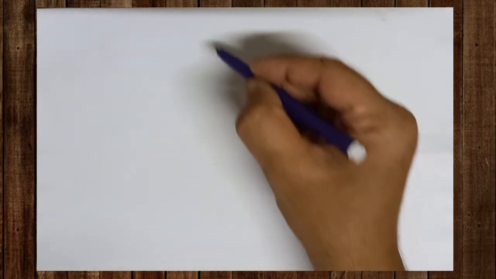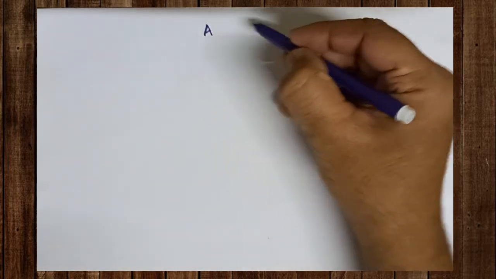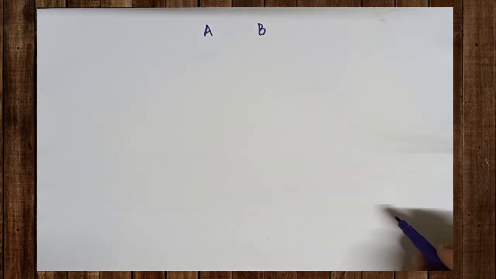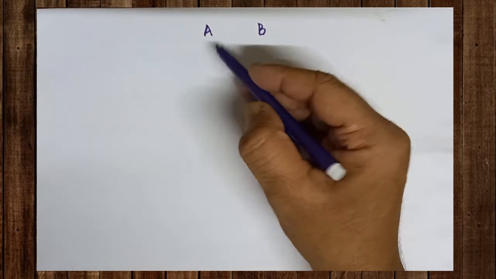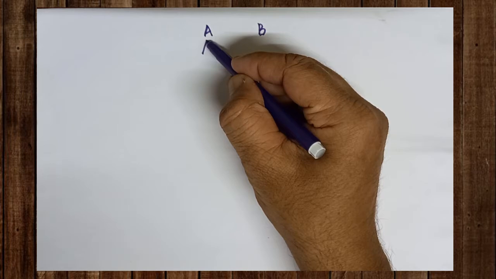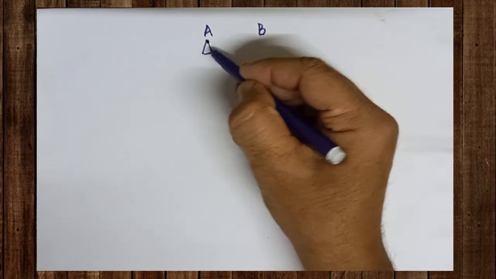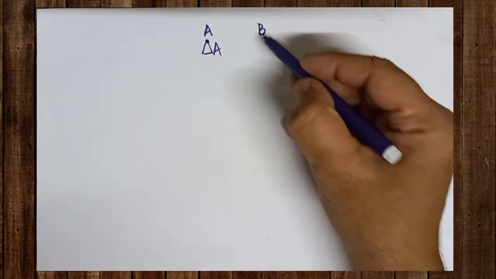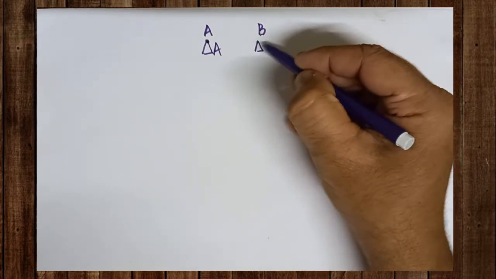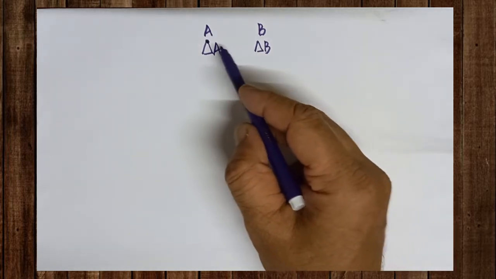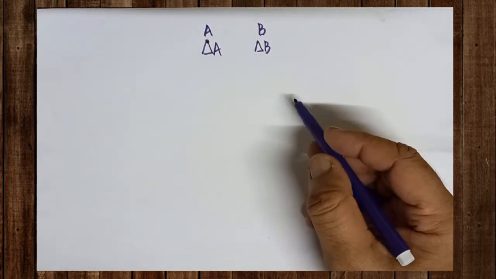That error value is to be found out by using a formula. As usual, we have to take two quantities. The first quantity can be called A, and the second quantity can be called B. While measuring the first quantity, some absolute error is there. That absolute error found in the measurement of A can be written as del A. The absolute error found in the measurement of the second quantity can be called del B. These are the two absolute errors found while measuring A and B.